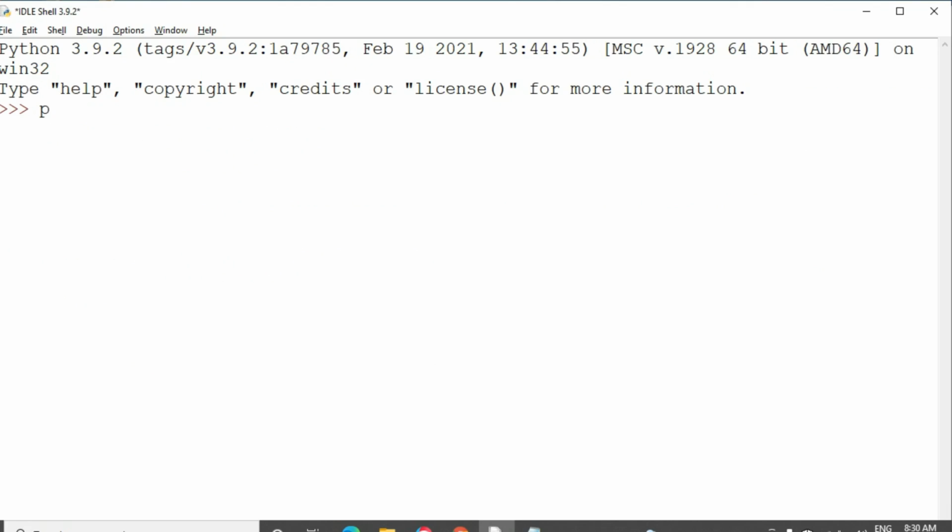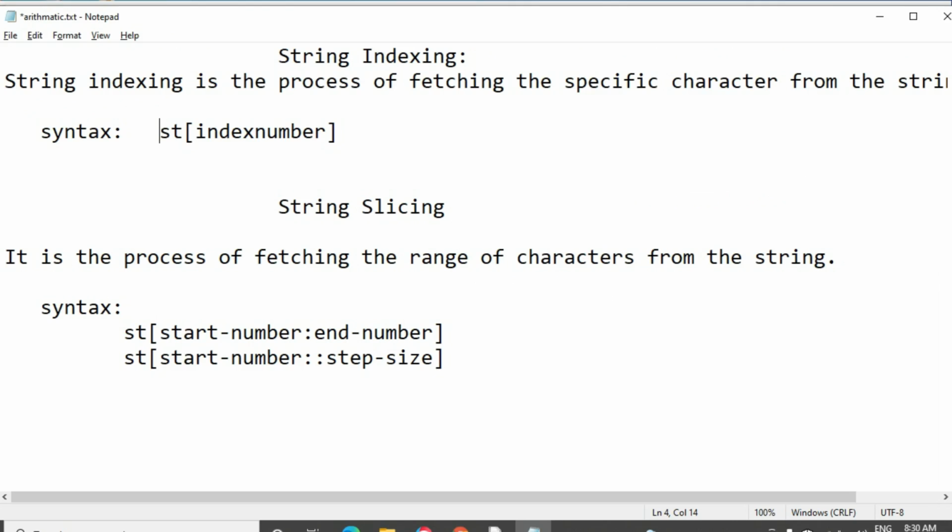I am taking the string Python and storing it into the variable a. Okay, I am going to apply string indexing.